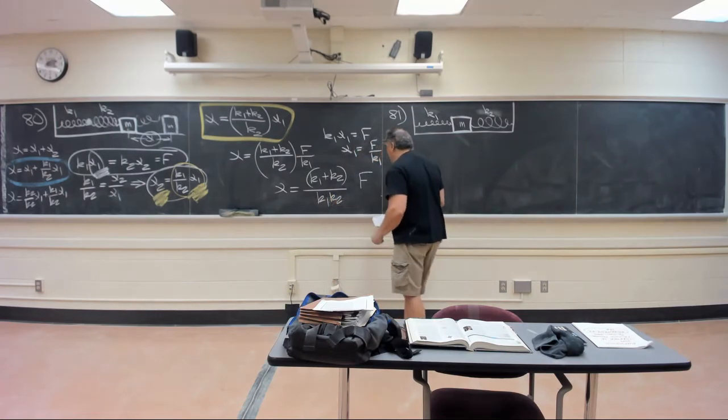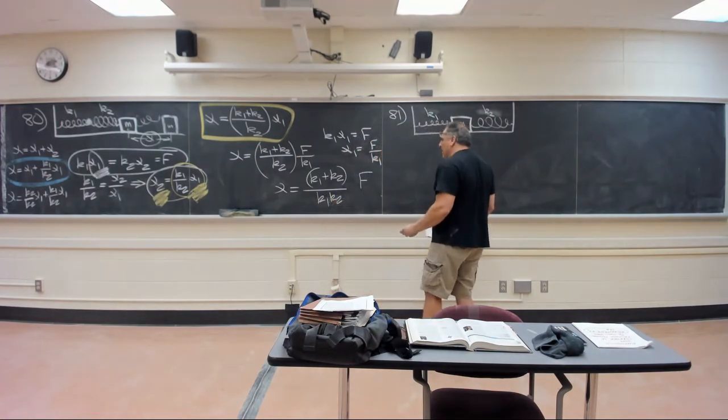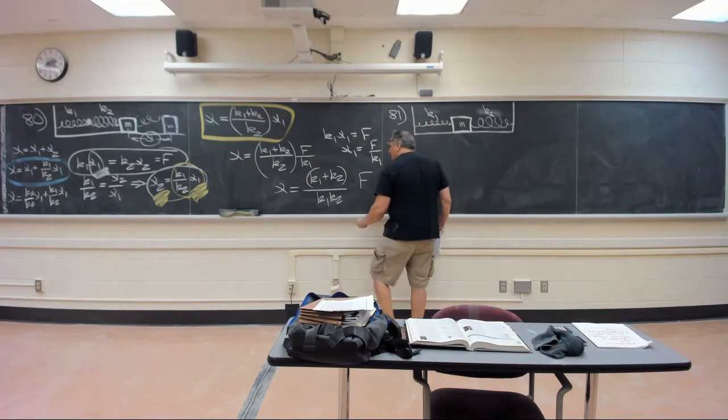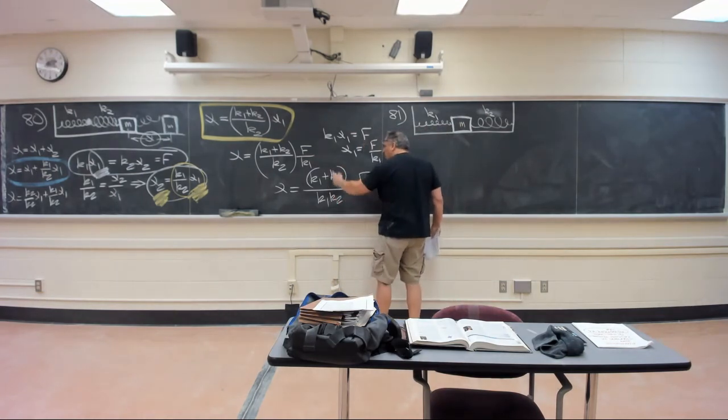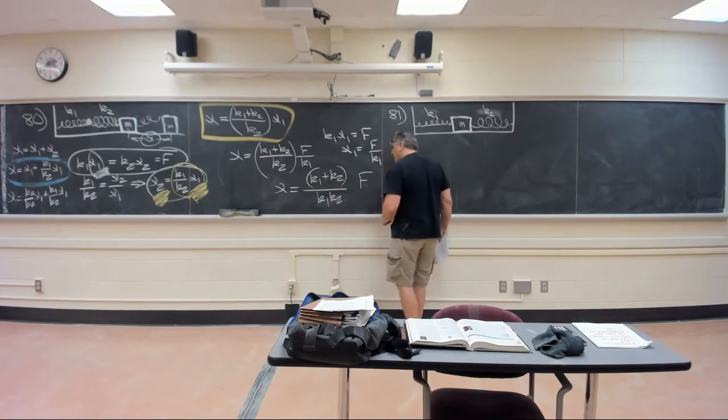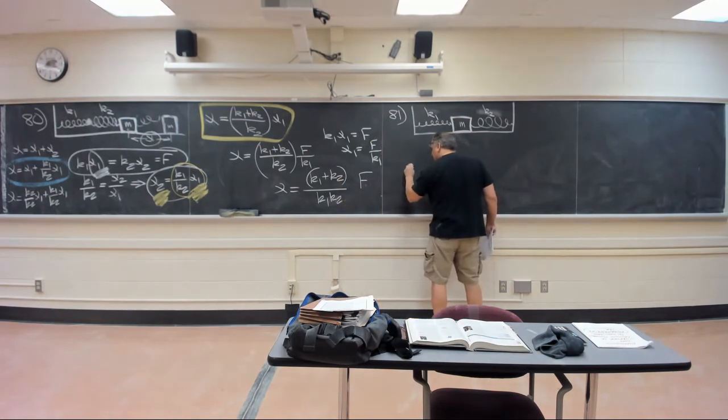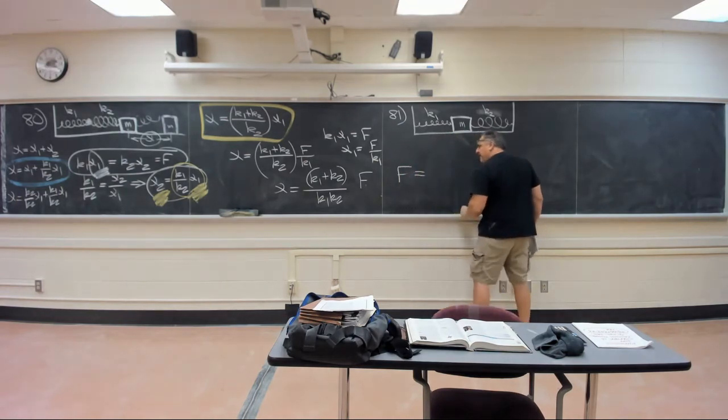Now, wait a minute, what's going on here? Solve for F. Multiply each side of the equation by the reciprocal of this fraction. F equals